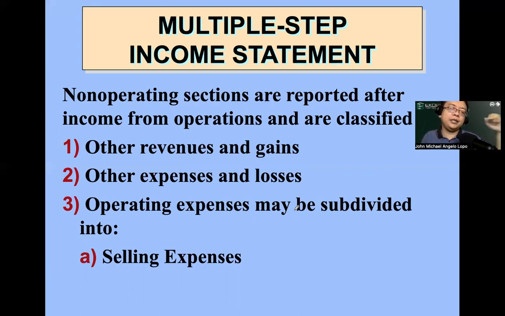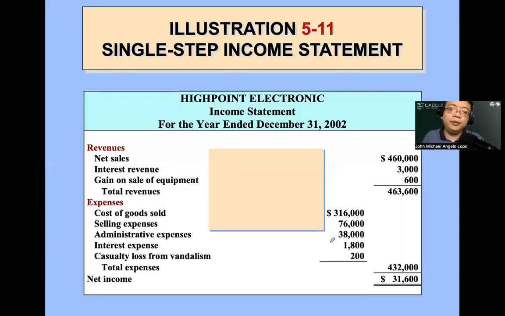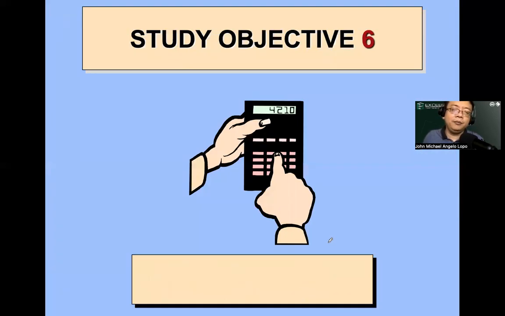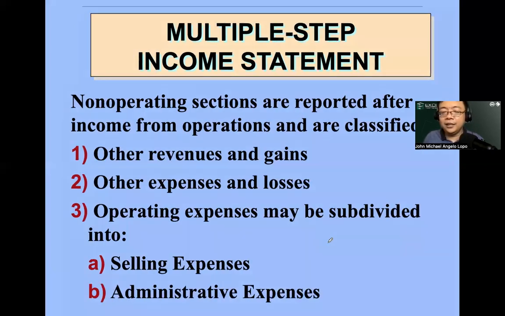Okay. What else? The non-operating sections are other revenues and gains, other expenses and losses. OPEX, ito yung mga sample ng mga OPEX na to be classified. No? Yan, you have selling, you have admin, you have marketing, selling and admin, general. Yan. Okay. O, diba? This is gonna be the single step. Okay, so lalagyan mo na parang pangat na. Hindi naman pangat. Okay, yan. Parang hindi siya organized, no? Okay, pero pag sa ating multi-step yung normal na ginagawa. Okay?